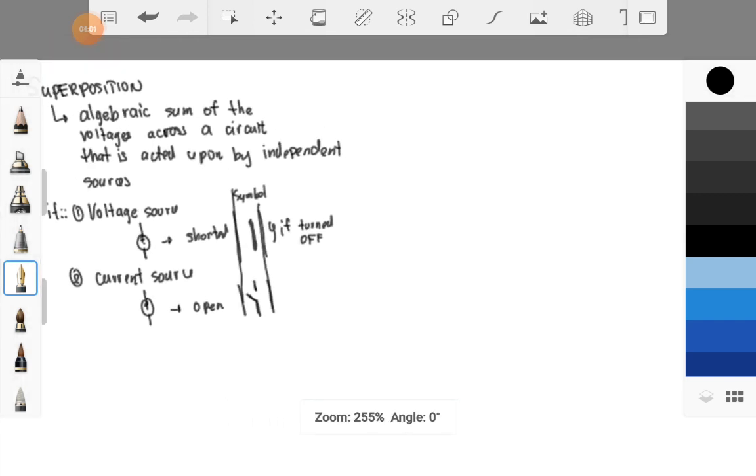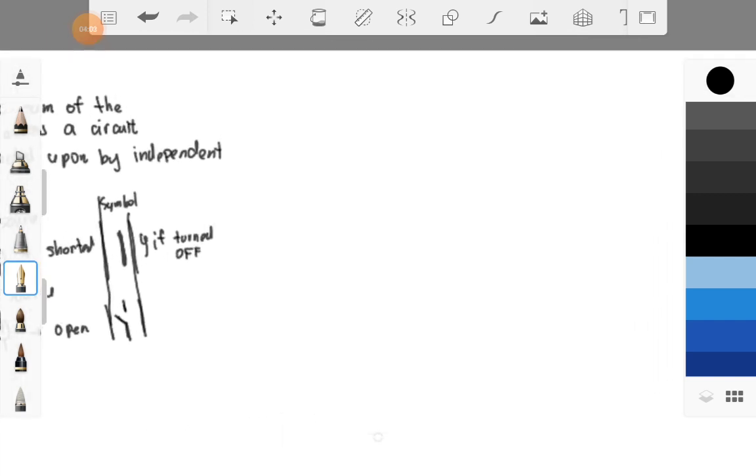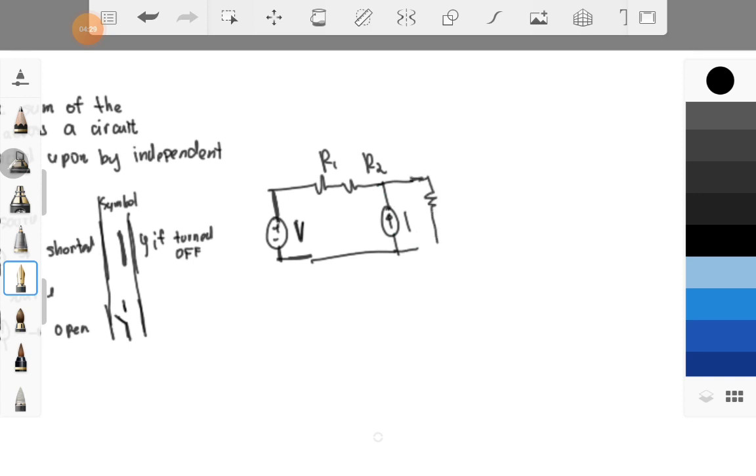Bago natin simulan yung superposition theorem, no? So I will draw. Let's say we have a current. Let's have a circuit, positive and negative. Let's say this is V. And then let's say we have a resistor R1. And then another resistor R2. And then a current source I. Then another resistor. Okay? If we will analyze the, let's say, your Vx, positive ni Vx at R1,